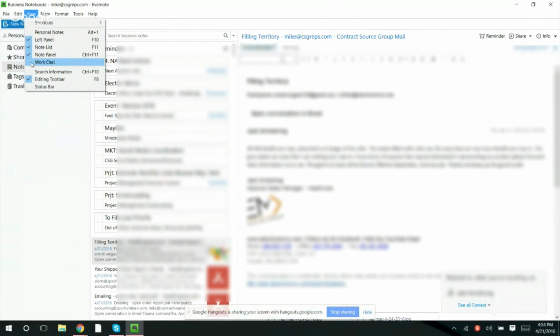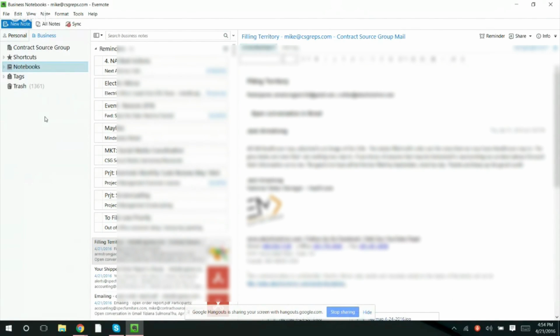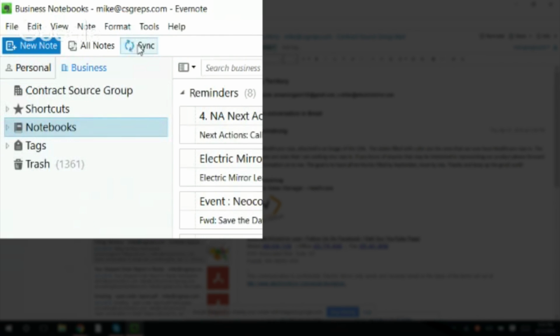Let me send you a work chat. Don't select work chat, and I'm going to send you a work chat so we can see where. Yeah, let's see what happens. Okay, so I'll sync. So it's already showing up on my iPad here. Okay, try syncing the desktop, and even though we're getting that error message, let's see what's going on. So there it is, up at the top. Okay. So if you get the work chat, then